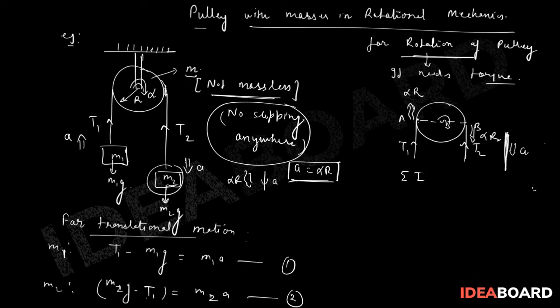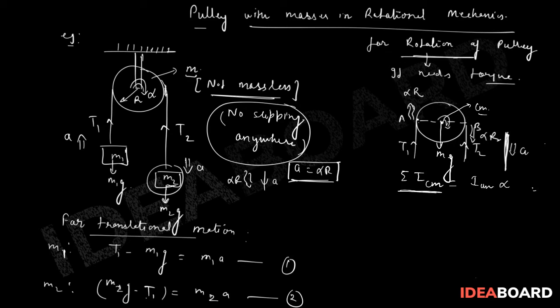Summation of net torque about the center of mass. If you see the FBD, there will be one mg force also because of the mass of the pulley, but that will not make any difference because this force passes through the center of mass. This is the center of mass of the pulley. So for net torque, I need to write I_CM into alpha only, correct?